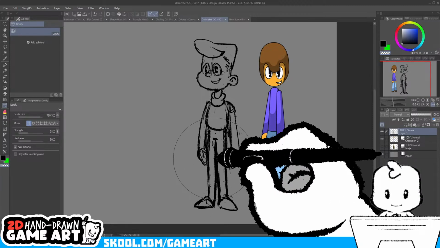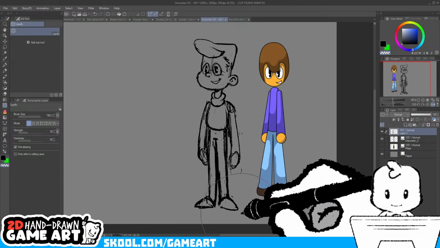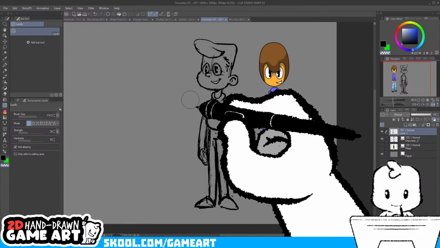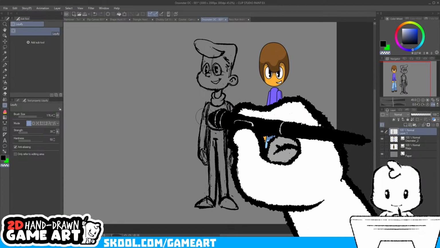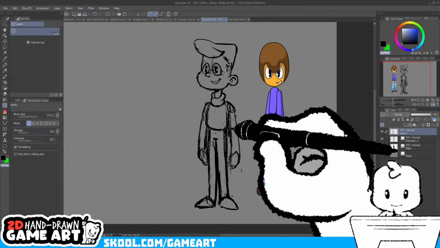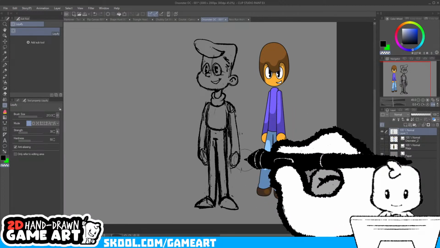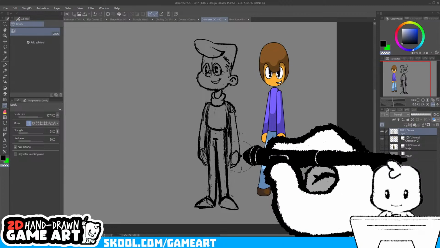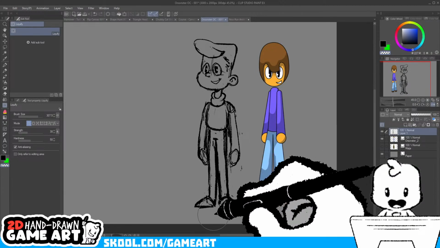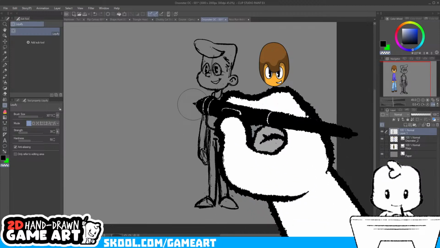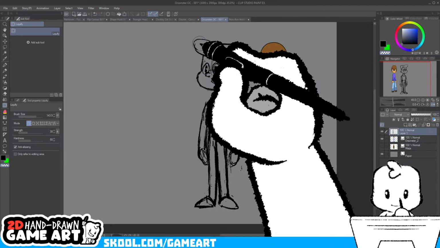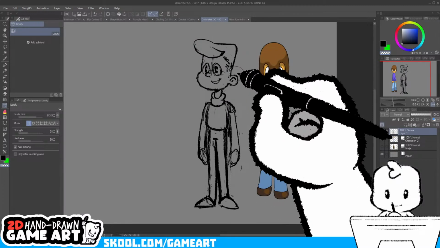I'm going to bend the body over with the liquify tool. So I'm just going to move things around just a little bit. There we go.